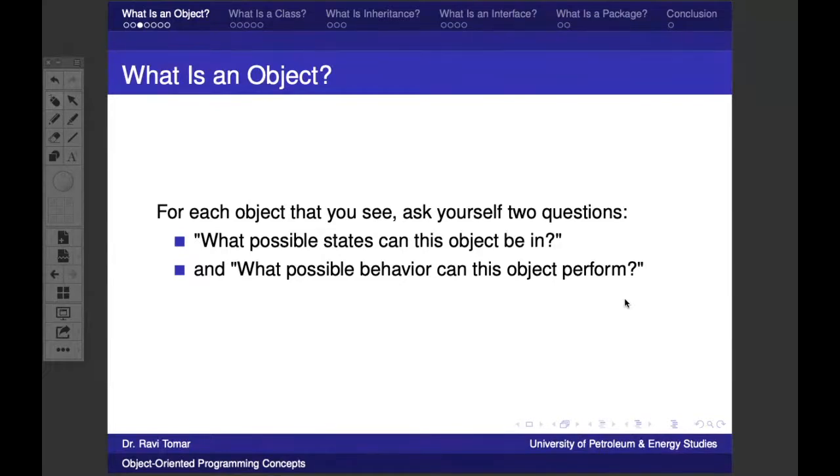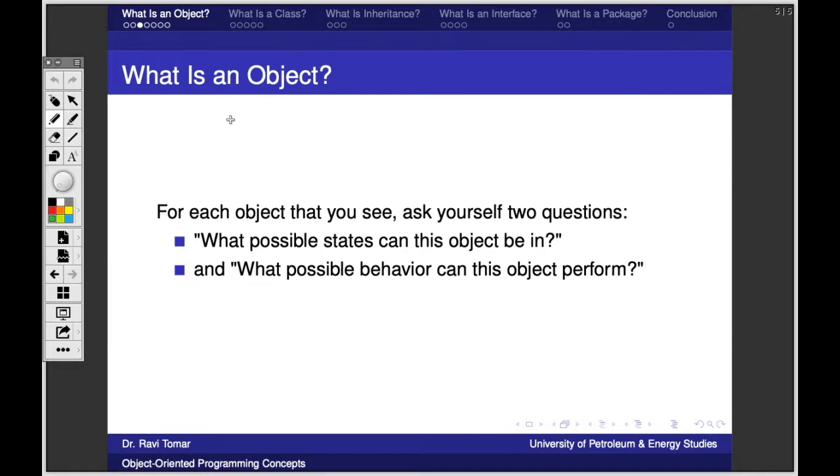Whenever you are creating a program later on, a class you will be creating, this would be one major thing to think about: how do I model my class? What are the components that can be chosen as an object in my class? And what could be the possible state and what could be the possible behavior that object should possess? So always remember this in the same line.